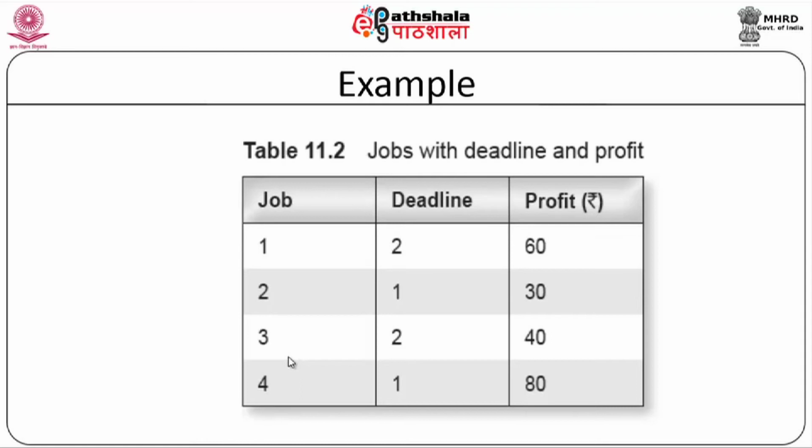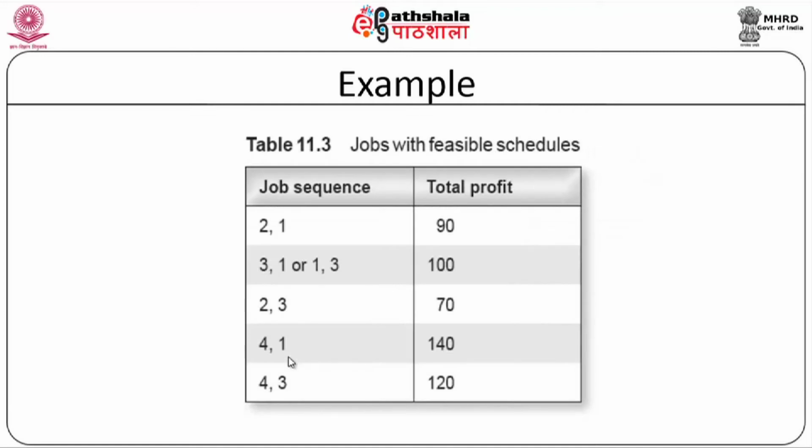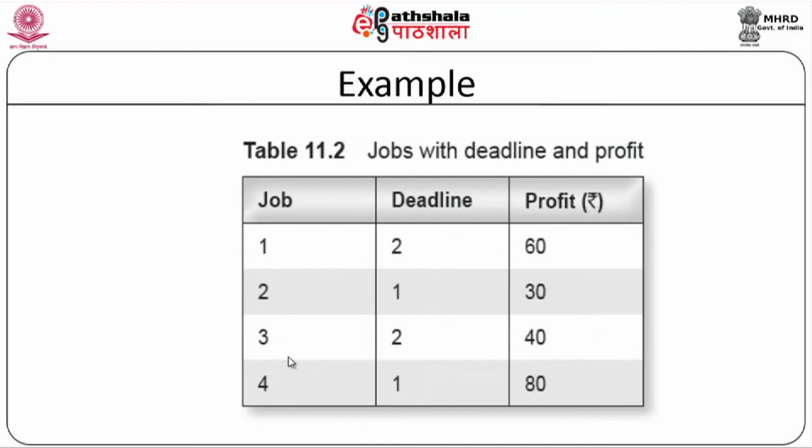account the deadline also. So, you can see that the feasible sequences are 2, 1, 3, 1, 1, 3, 2, 3, 4, 1, 4, 3. For example, 2, 4 is not feasible at all. Suppose you consider these sequences, you can see the profit on the right hand side. The profit is going to be 140, which is maximum for 4, 1. So, you can see that the fourth job is associated with the maximum profit, and